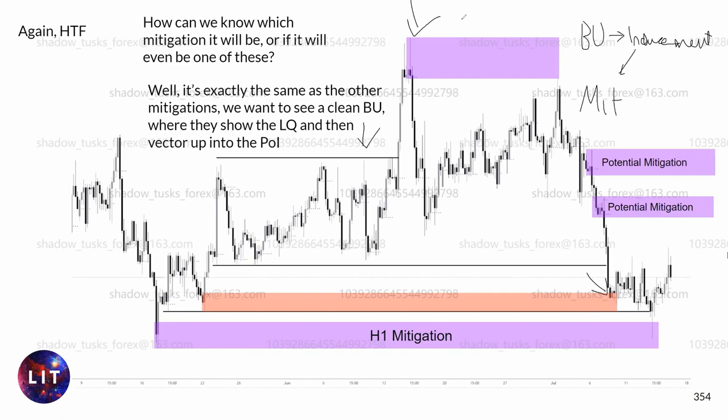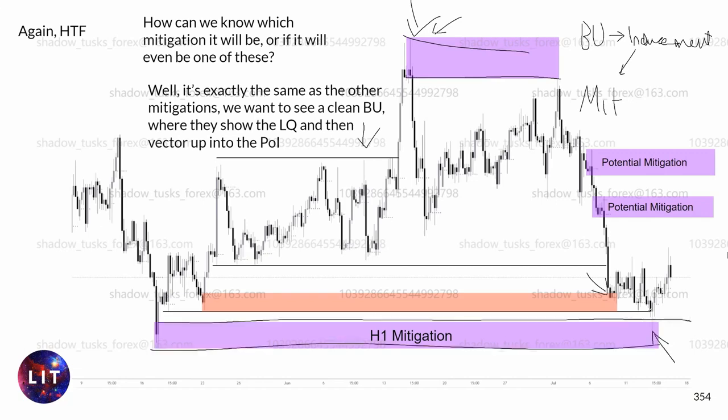Now this mitigation in this case up here can be a mitigation of the inducement, or in this case up here, the inducement can also mitigate, right? So going into, I think we will cover this at a later point, we'll go into how it plays out, why it plays out the way it does,